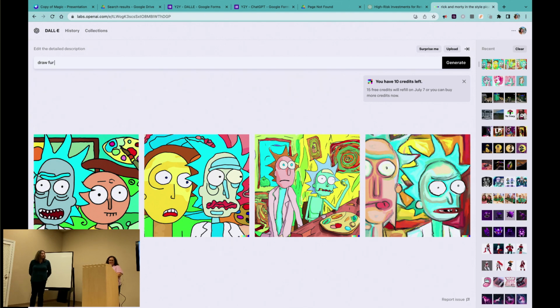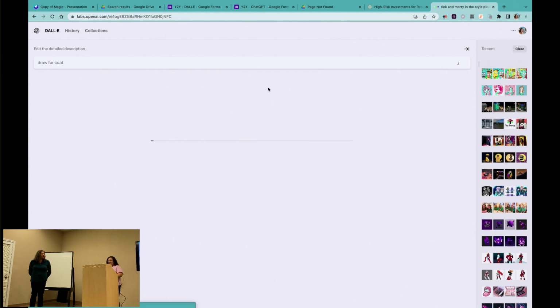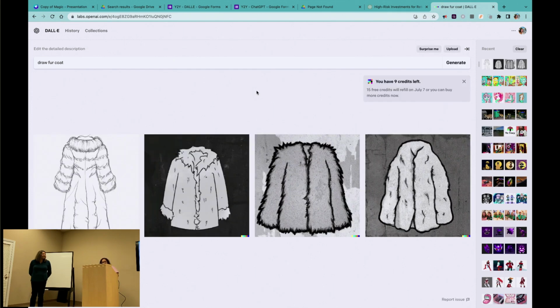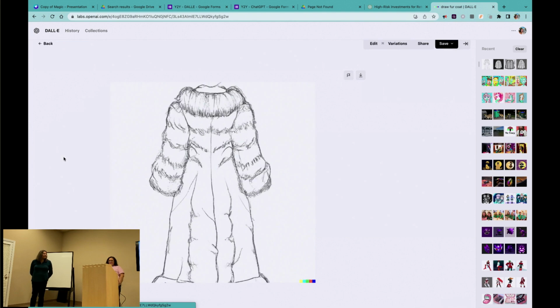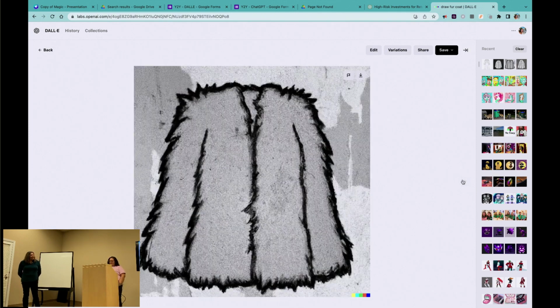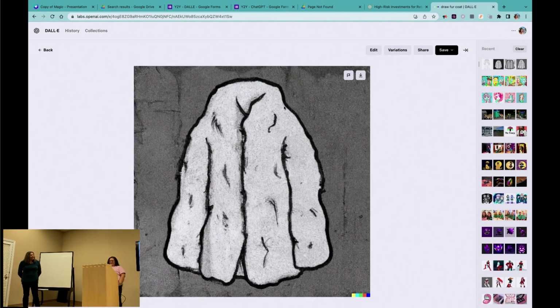Okay, draw. That one's cool. Photo of a teddy bear on a skateboard in Times Square. Oh, that's not realistic. I put draw. Oh, because you put draw. It's doing a drawing of it. But yeah, this is not that great.